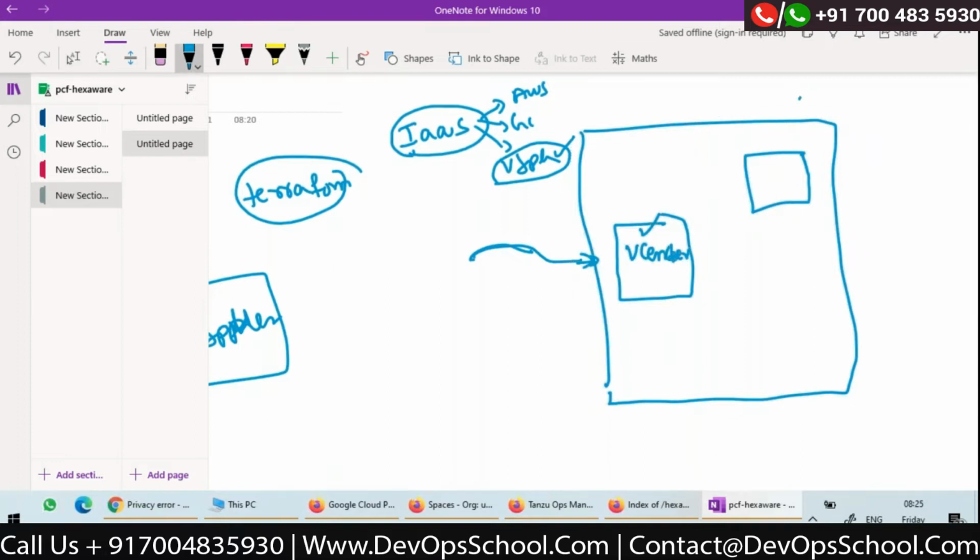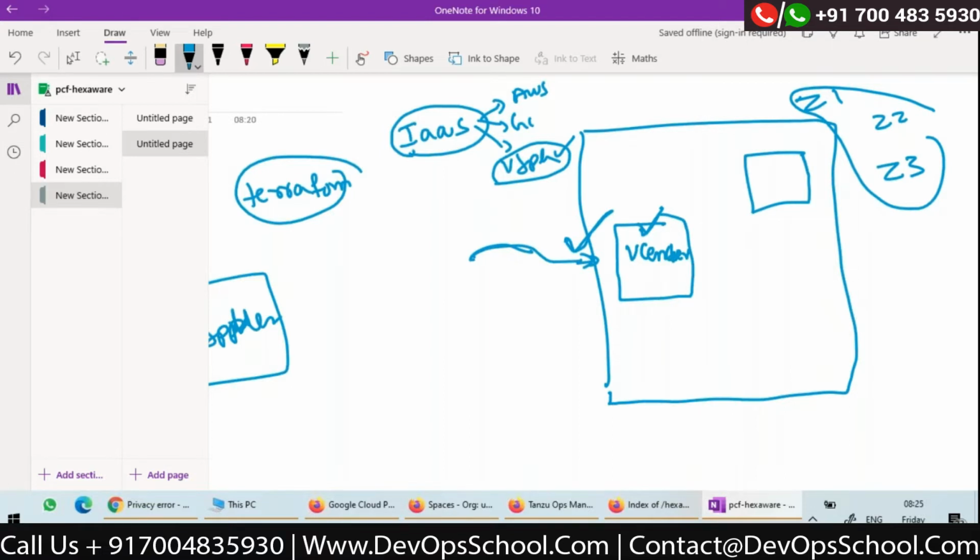So if you're having a single data center, it is your vSphere administrator who will actually decide what is the logical boundary of zone 1, zone 2, zone 3, and he has to create a cluster using vCenter specifying whatever zones are required.